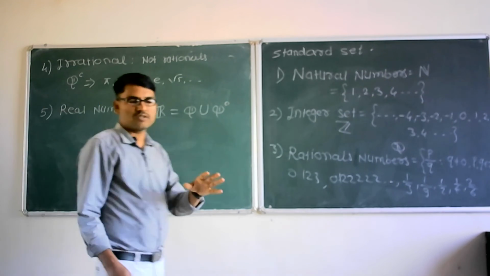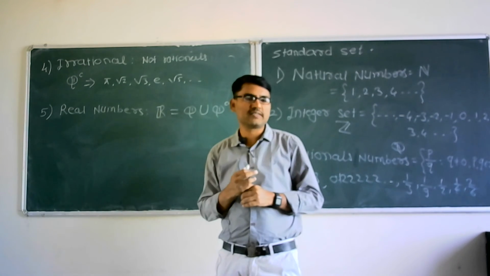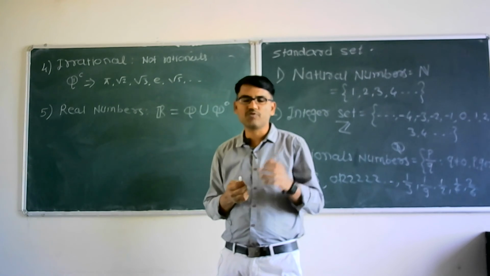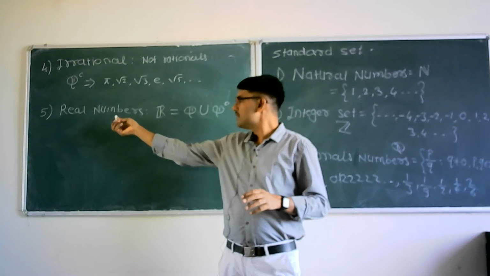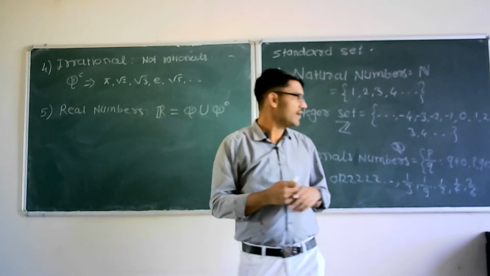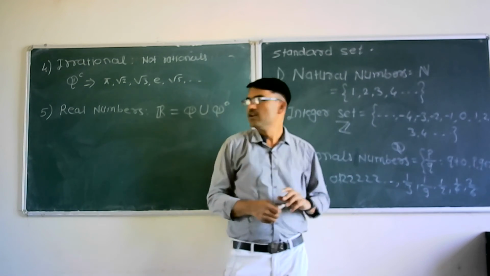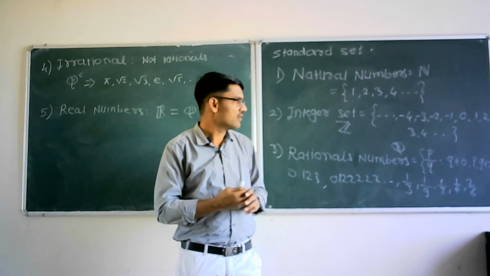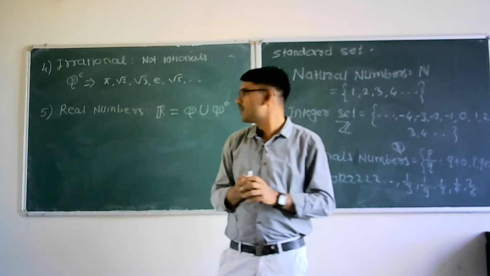Again, in course number 2, we are going to see the details of the real number set. Order properties are there, algebraic properties are there, absolute value function is there, supremum, infimum is there. So completely one chapter is based on this set, and 2 chapters are based on the integer set. Once you understand this standard set, the next things are very simple.